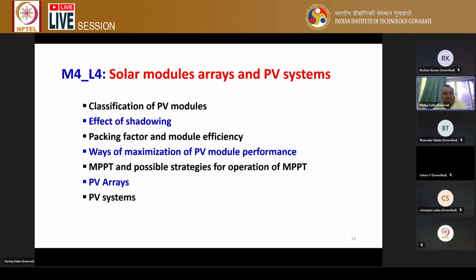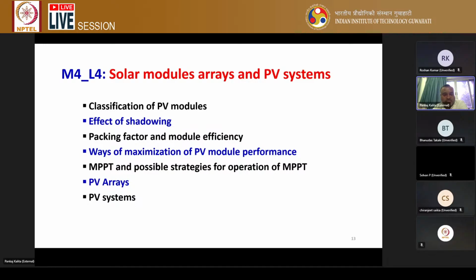In lecture 4 of module 4, solar module arrays and PV systems were discussed, and this is about the system level. So already in the last lectures, we were very particular about the cells. Now in this module, primarily module performance, and the effect of shadowing, then packing factor, how densely we are occupying the modules